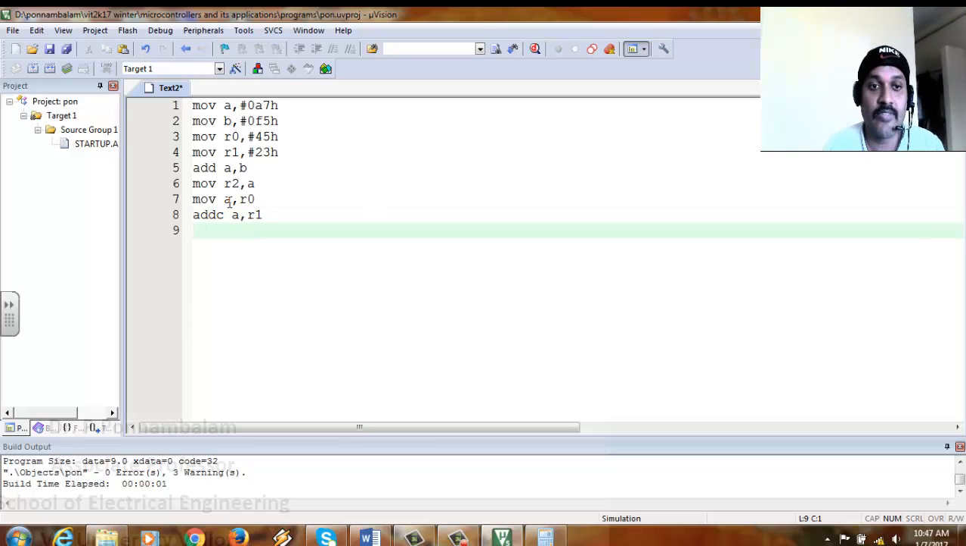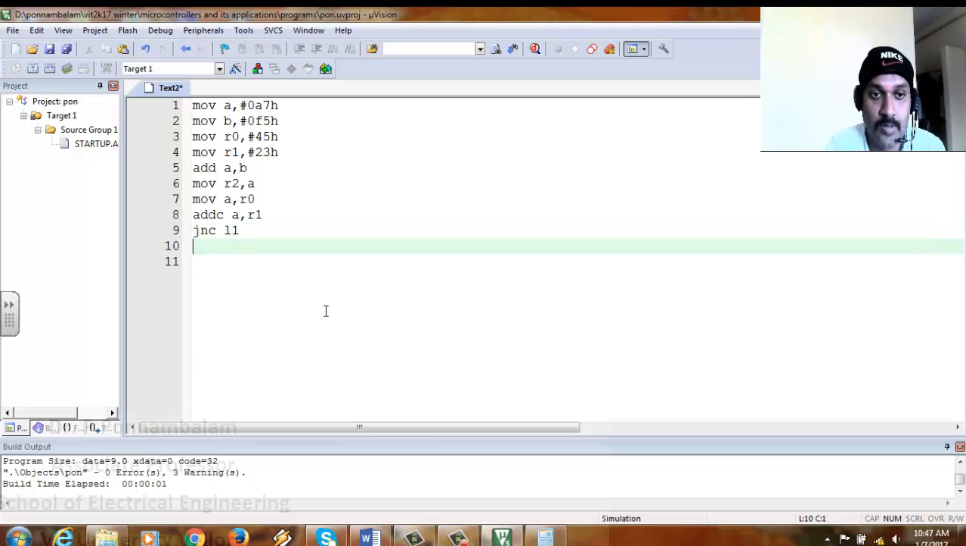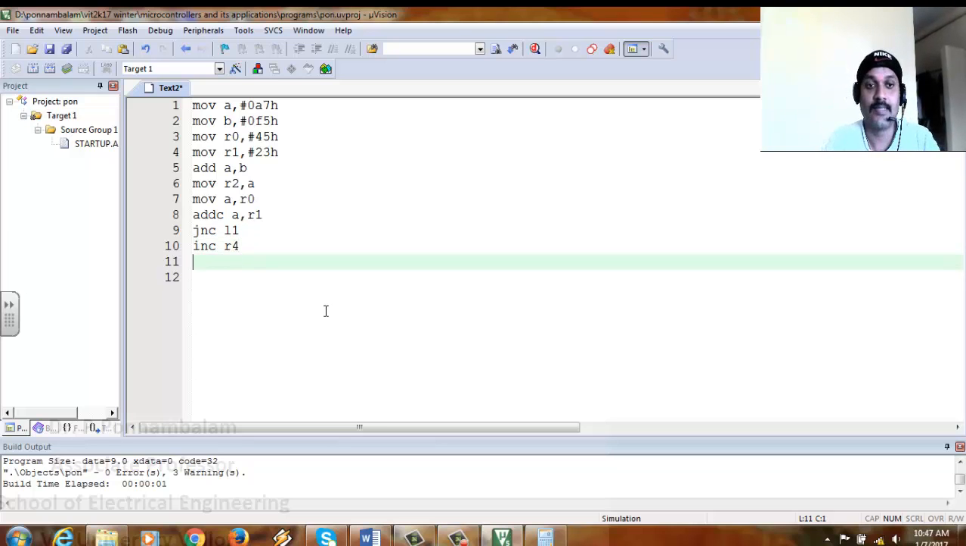So 45 I am bringing to the accumulator, and I am directly adding it with 23. Then here, in case you still have a carry, you can check with JNC L1, and then INC R4. I'll keep R3 for the next result, so R4 I'll use for the carry, INC R4. Then L1. So here I'll end the program because before ending the program I need to store the value of A